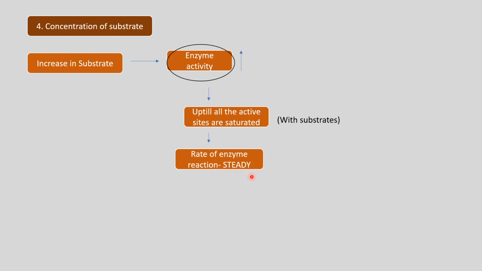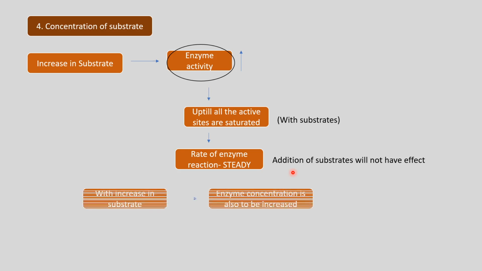So then you cannot see any increase in enzyme activity. After this point, if you add any substrate, it is not going to have an effect on the enzyme reaction. Because there is no free active site, no matter what amount of substrate is added, it is not going to